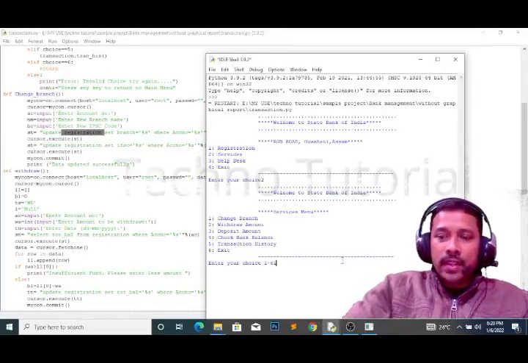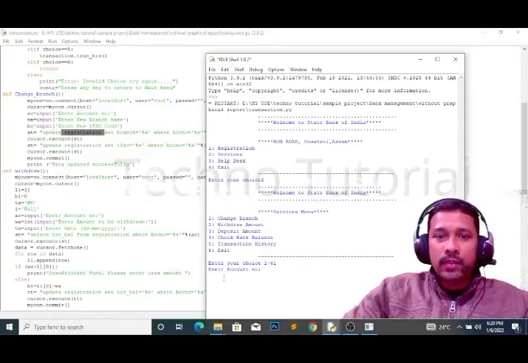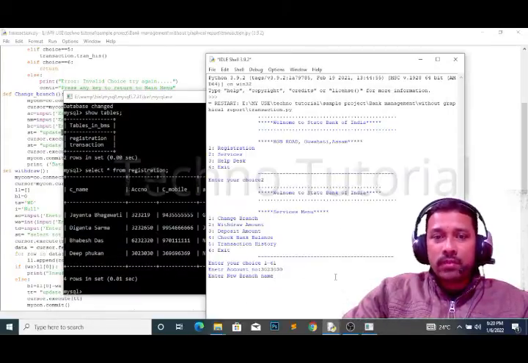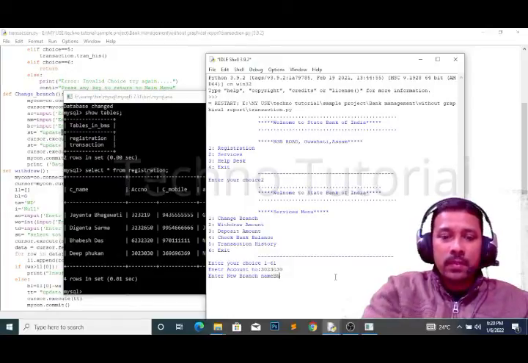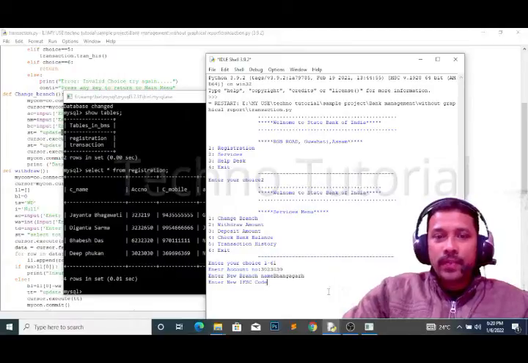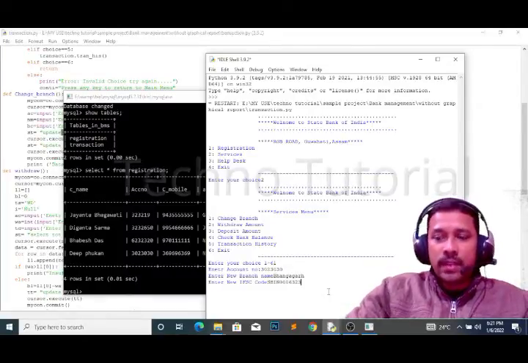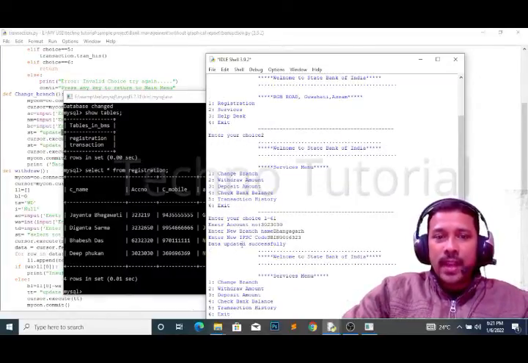So press 1 here, see what is coming, enter account number. Our account number was 3023030. Now press enter here, enter new branch name. Our branch name previously was Zoo Road. Now we want to change it to something else. Suppose we give the branch name as Bhangagarh. Press enter, and the IFSC code SBIN0006323. Thus I have given the details. Okay, data updated successfully, right?